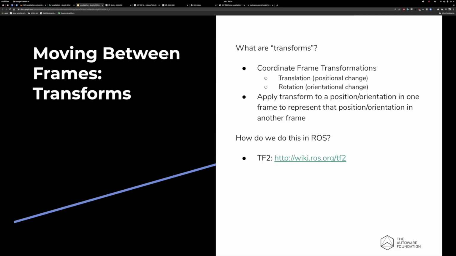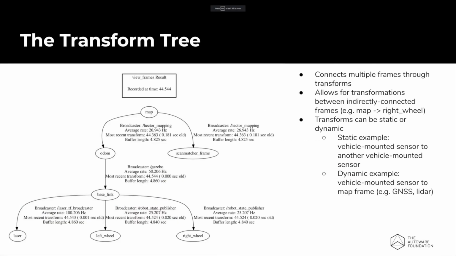So let's talk about how we implement those in a tree. This on the left is an example transform tree. You can see the topmost frame in the transform tree here is map. And map has two children, ODOM and a scan matcher frame. So the frames that we talked about before, map, ODOM, baselink, etc., those are just the standardized frames that are